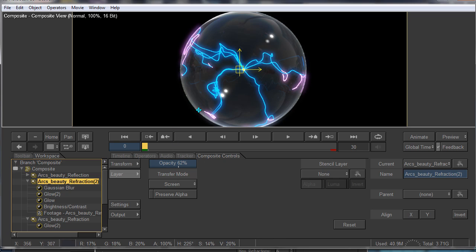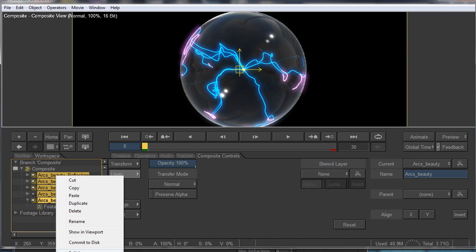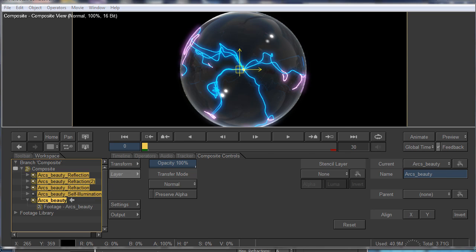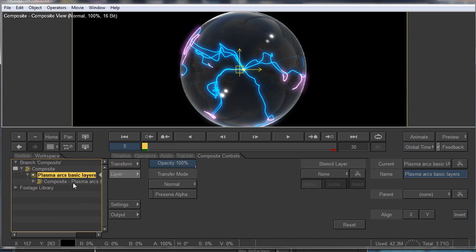So you see that we have the rays there, and you can use, for example, then, let's imagine picking all the layers using the shift key, and then nesting selected layers, and let's call it plasma arcs basic layers. Okay, that's our comp,